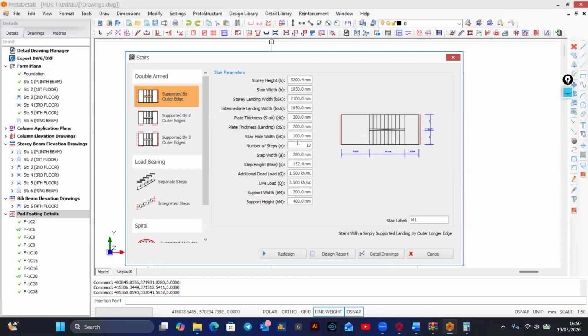Looks like it's 100. So the support width and height mean the width of the beam and depth of the beam. So I'll click on